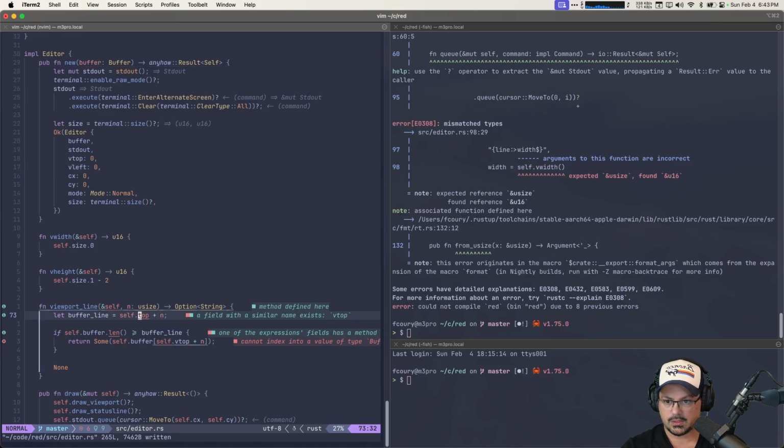Okay, so it's actually going to be viewport top +1 and vtop is, so n is